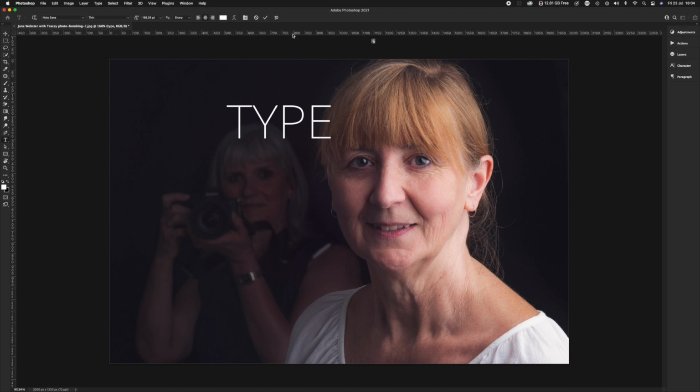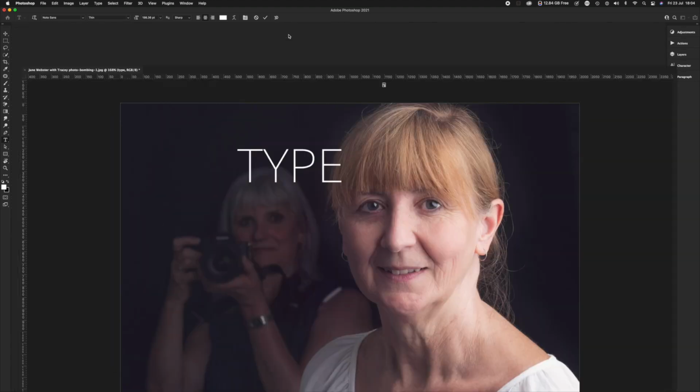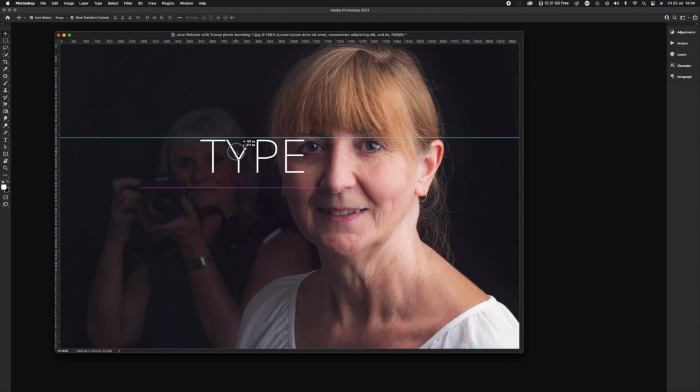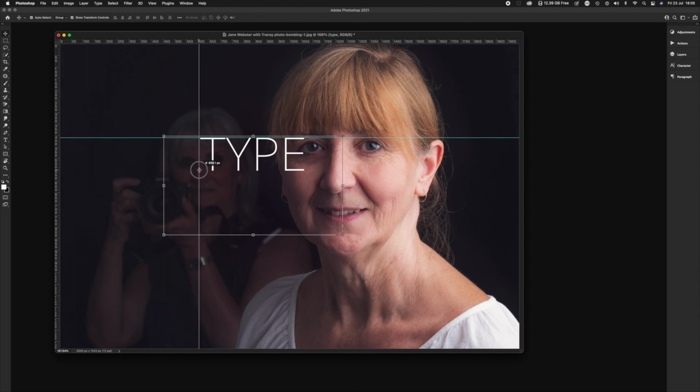I've got a ruler visible here. Ruler's quite handy because I can click on it and drag it to a part of the screen, and if I want my type or anything else to be lined up absolutely spot on, I can line it up with a ruler. So I can drag one from the left hand side,